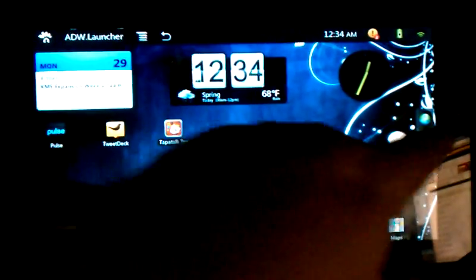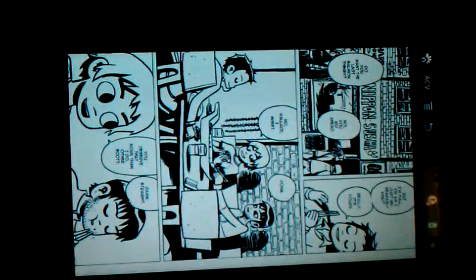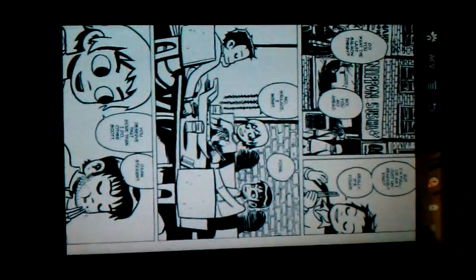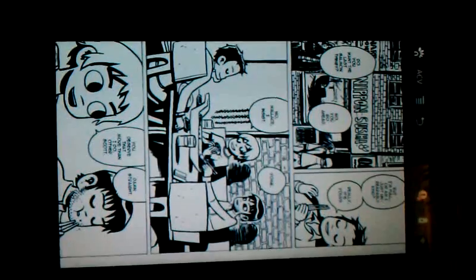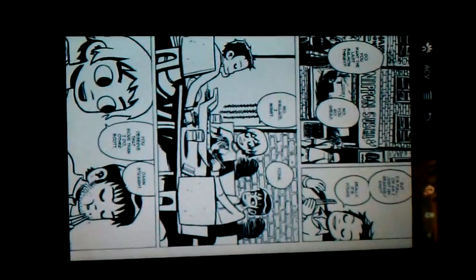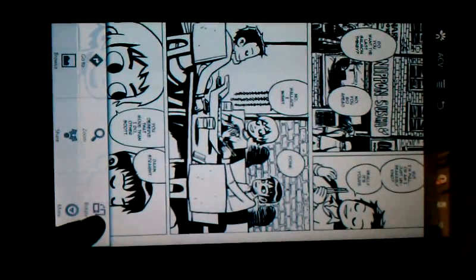Alright, so out of that, let's see, a couple others that people asked about. ACV, comic viewer. I have it set to view in portrait mode, so that's why it's sideways right now. In ACV, you have to actually go into the settings and tell it which way you want it to rotate. So I could rotate it back this way now, and it'll display it.